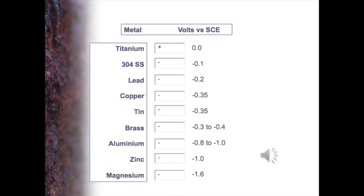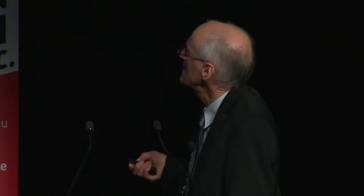Copper, minus 0.2, we've got minus 0.3, according to the Inco list. Brass, again, a little bit more noble than what the list would say. Aluminium, a little bit more noble. Zinc, 100 or so. You can see in each case there around about 100 millivolts out, probably because this is